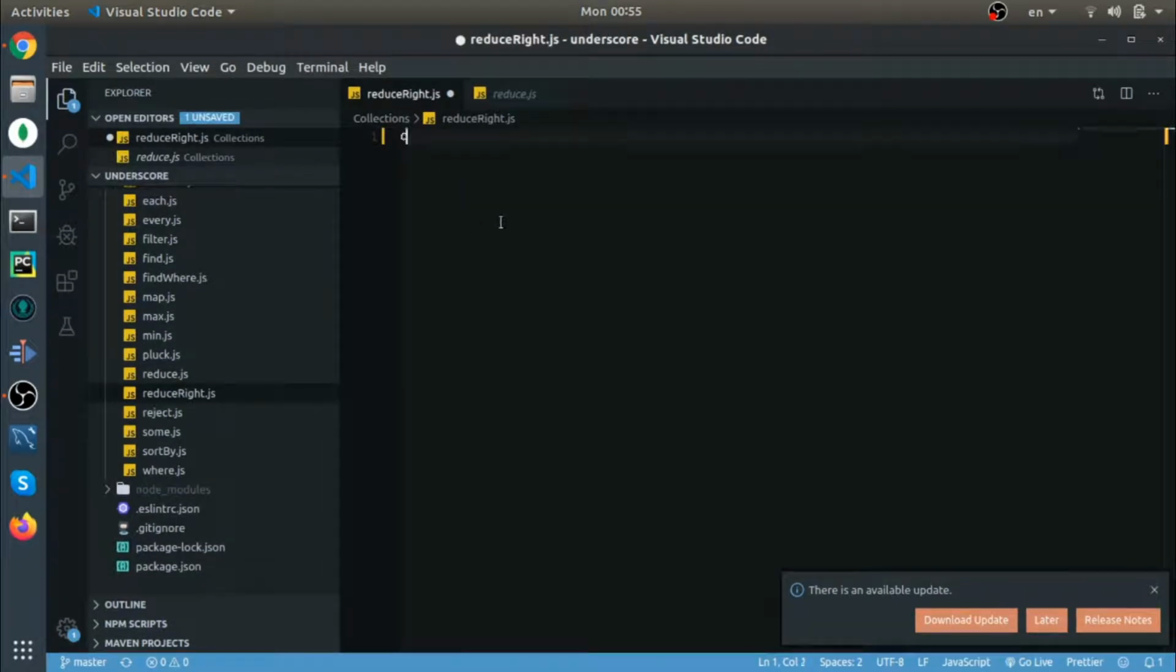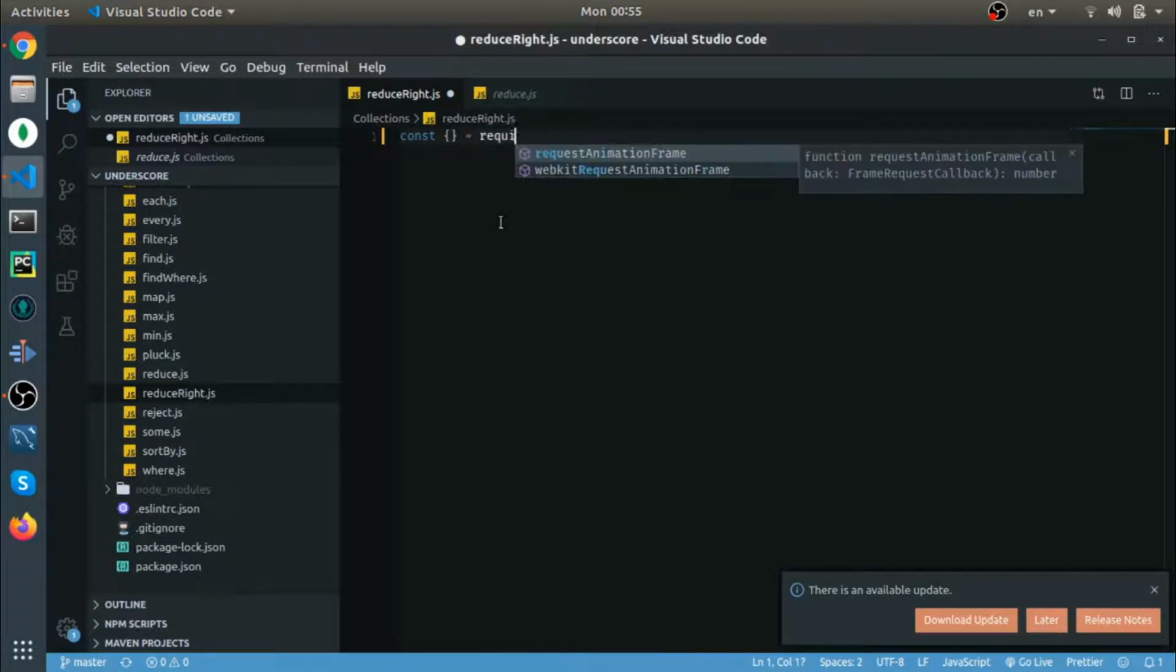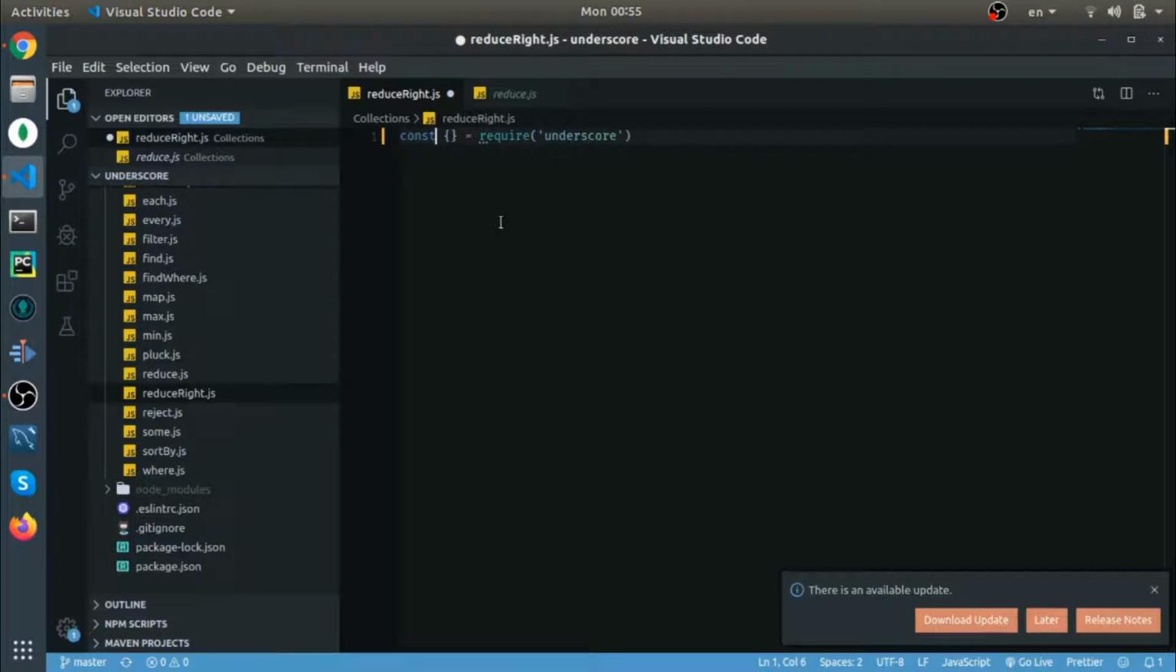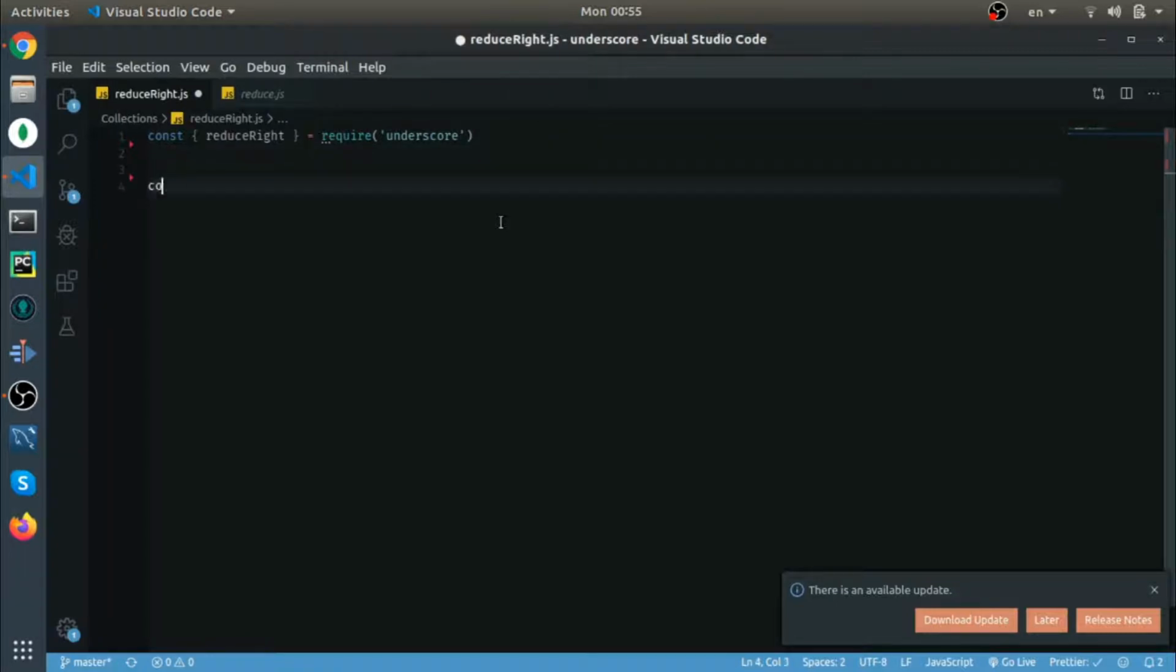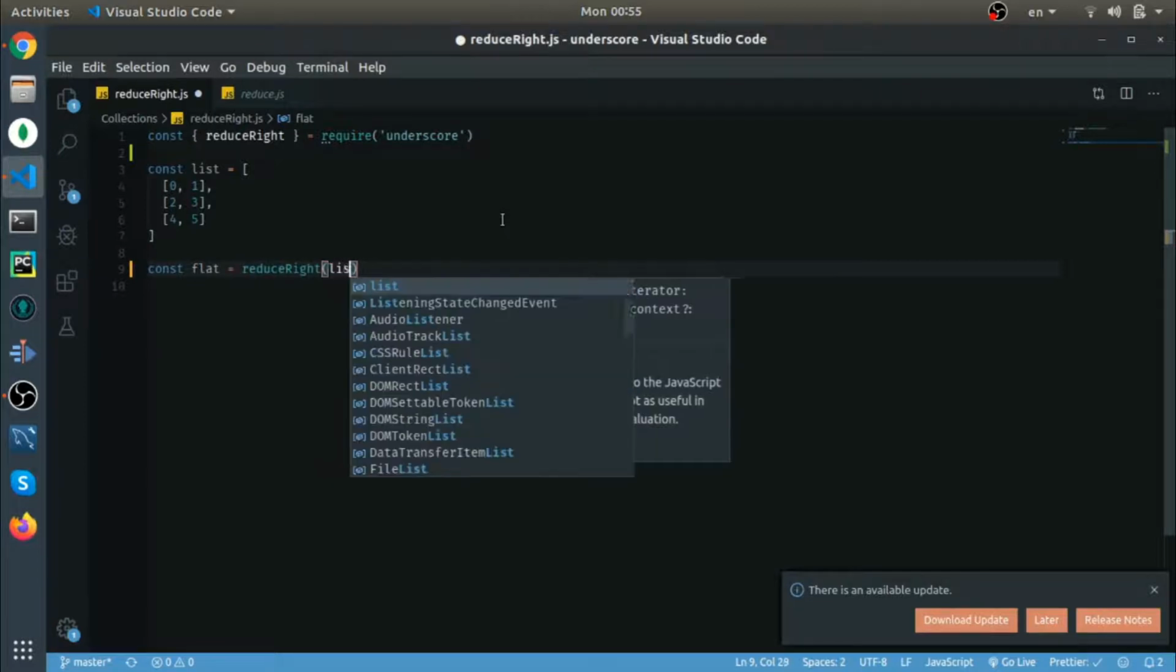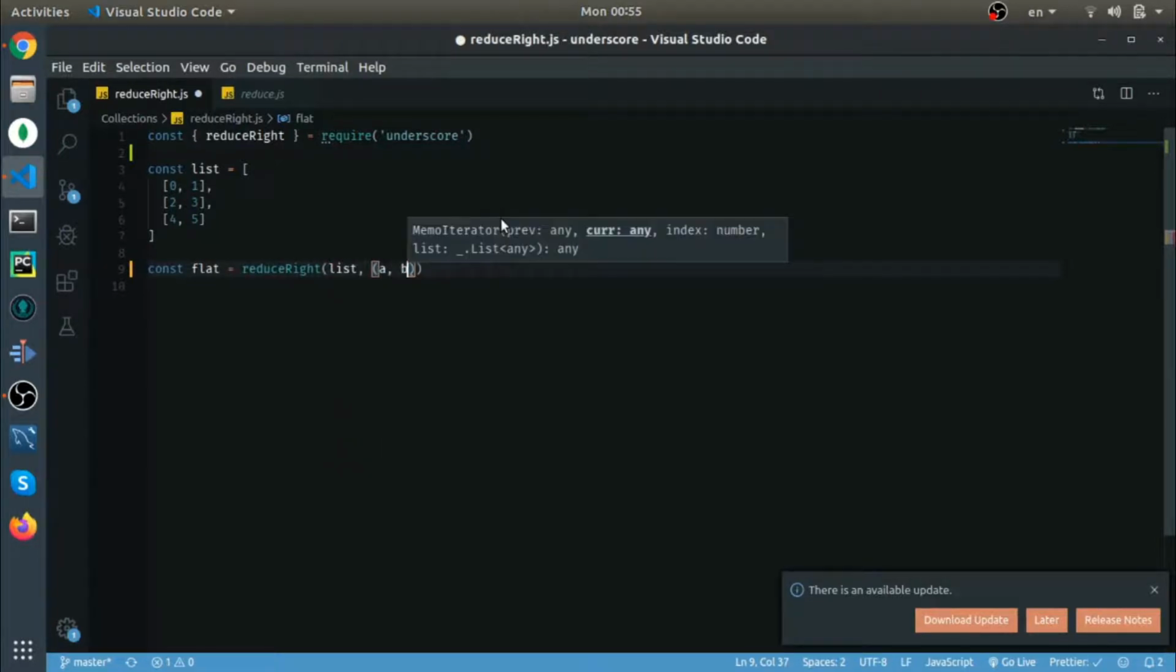First thing, let me do their example. So require underscore, and I will get the reduceRight. Okay, now const list will be equal to an array of arrays. Maybe I should call it matrix, but it doesn't matter. So, 0, 1, 2, 3, 4, 5. I will create a variable called flat, which will be equal to reduceRight, give it the list, and so each iteration we will have